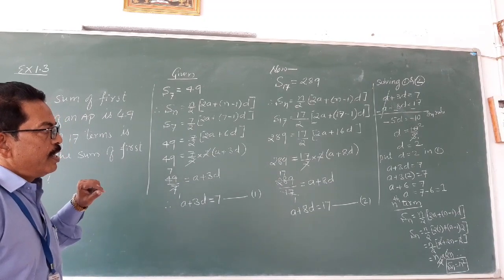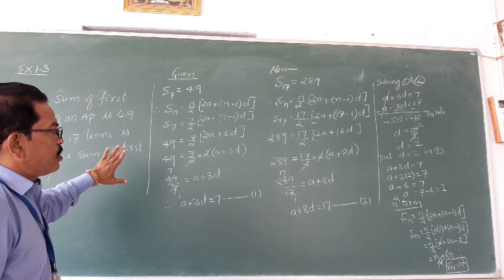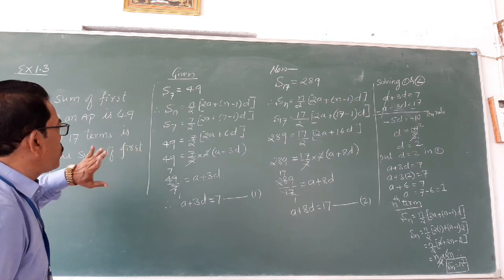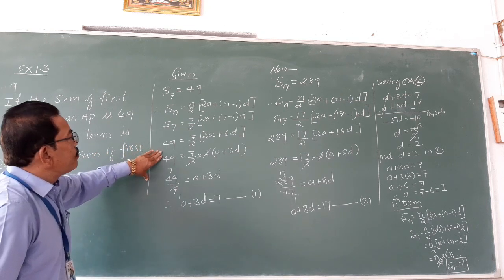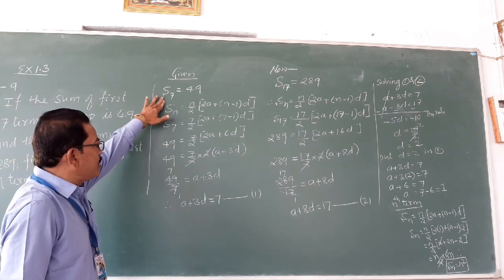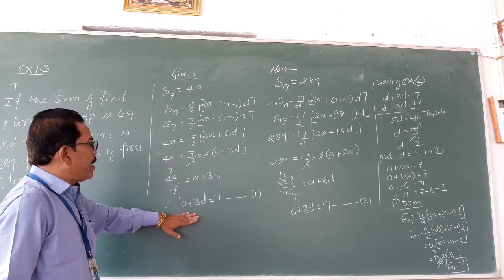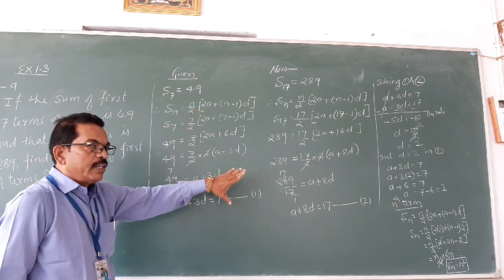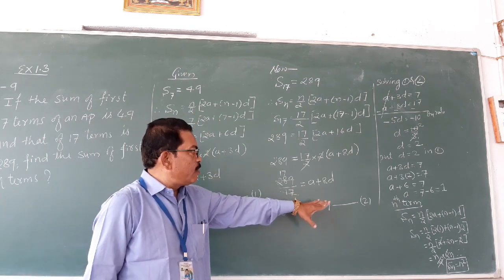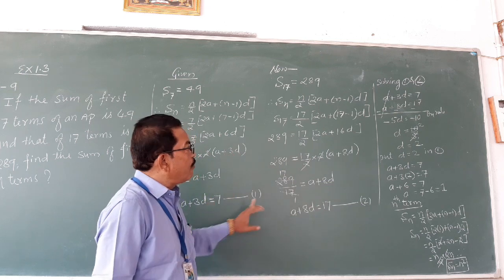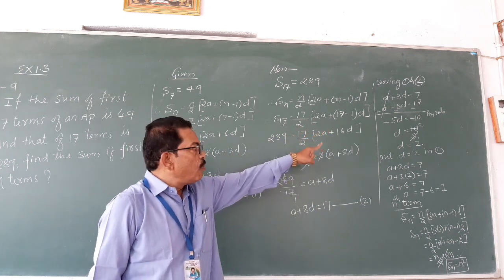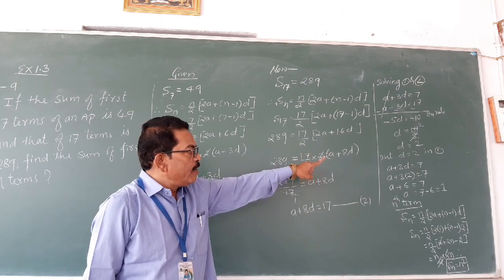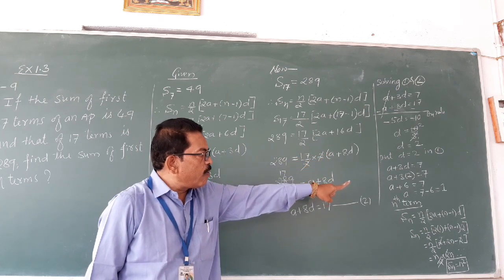Sn equals n square. See, this question is worth 4 marks. We first have to find the value of the 7th term in the arithmetic progression: a plus 3d equals 7. Then the 17th term: a plus 8d equals 17. Solving both equations, we get d equals 2. After getting d, we get a equals 1.